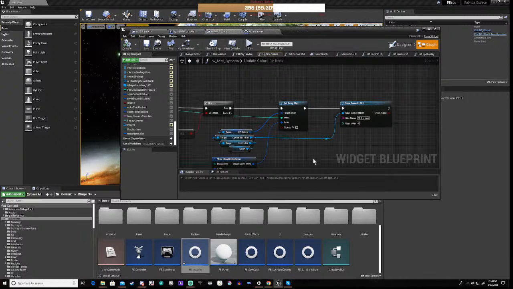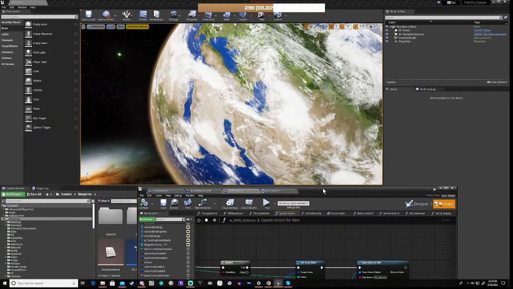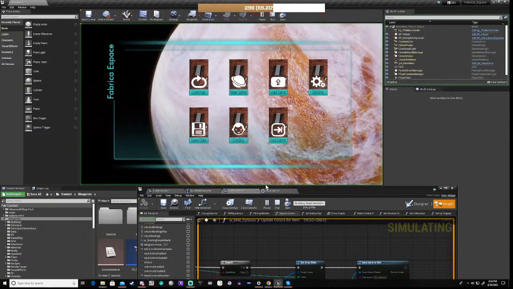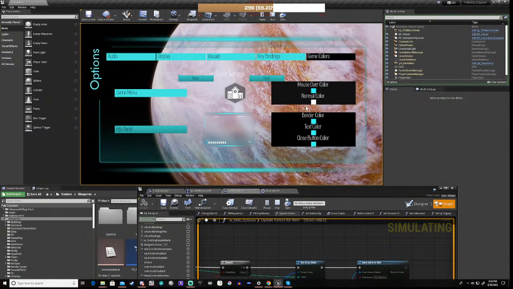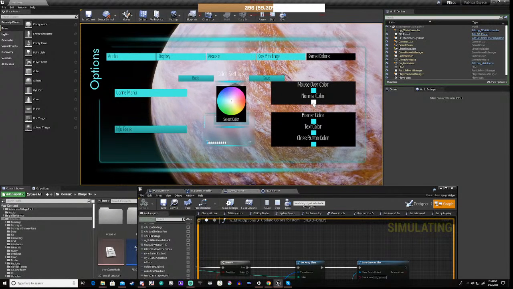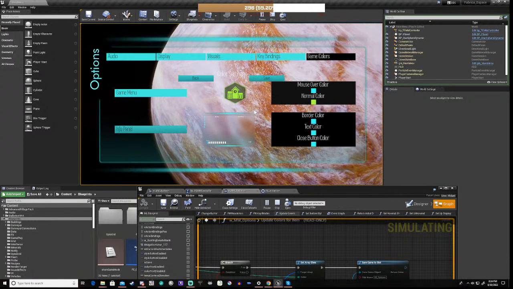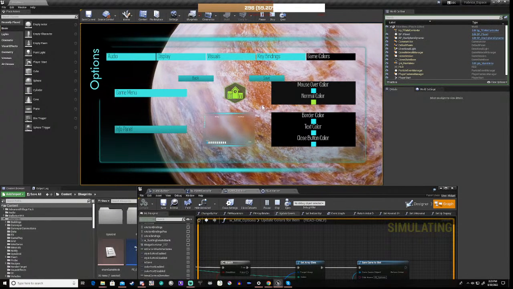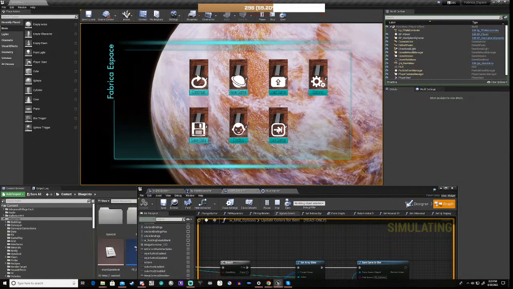Right? So, what we can do now is test it. So if we go to our game colors, right, and let's say our normal color is green, right, now that should already have saved it. So if we go back and we exit the game,